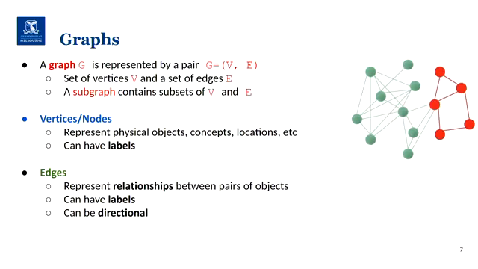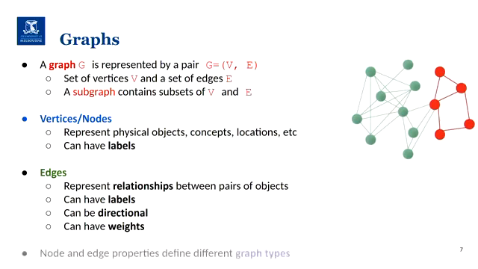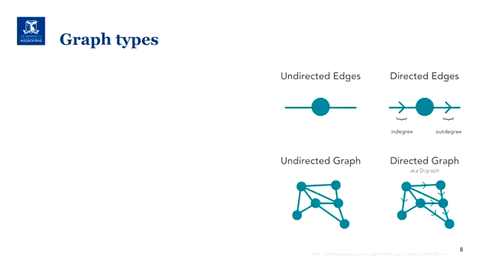For instance, in metabolic pathways, when you have a reaction that is not reversible, then you give it a direction. When you have an ancestry relationship, you say this is a common ancestry from these sequences, you also have a direction applied to that. And also edges can have weights, so you can quantify the strength of the relation, for instance. And these combinations or decisions you make while you're modeling your own graph, your own network, will define different graph types.